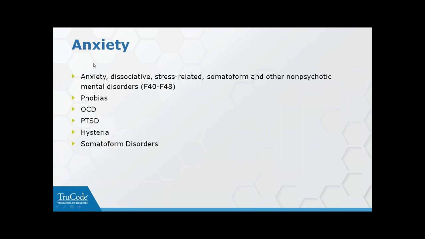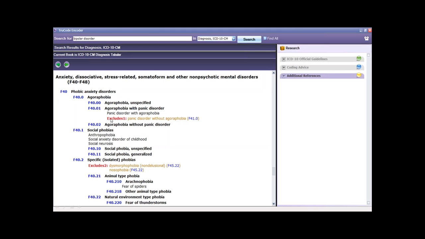Okay, so let's move on to anxiety. Anxiety, you can see these are in the F40 through the F48 area. Phobias, OCD, post-traumatic stress disorder, hysteria, those are the kinds of codes that are under the anxiety area. So just to take a look at some of these, they are from the F40 area. Phobic anxiety disorders, you can see those are divided into agoraphobia, social phobias, specific isolated phobias,